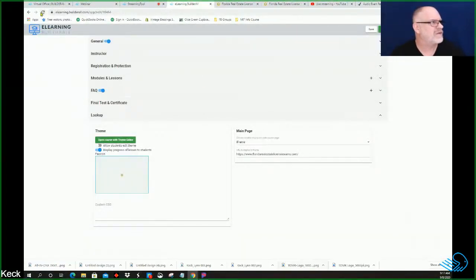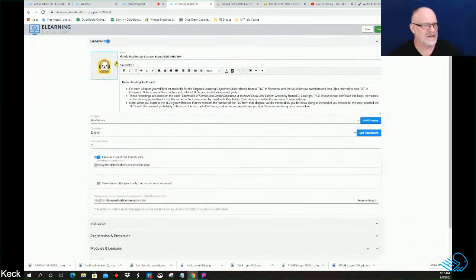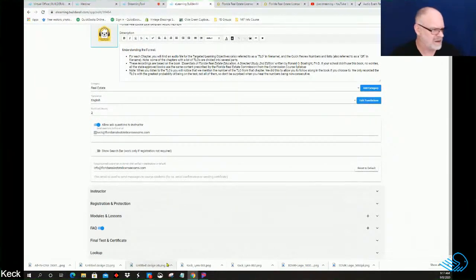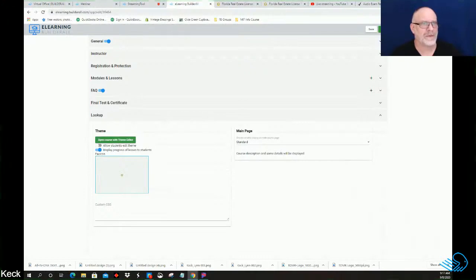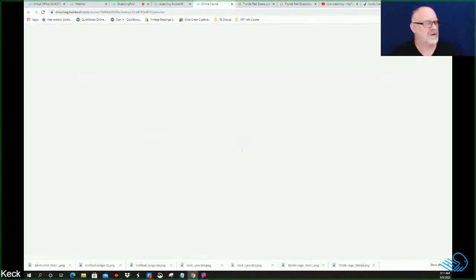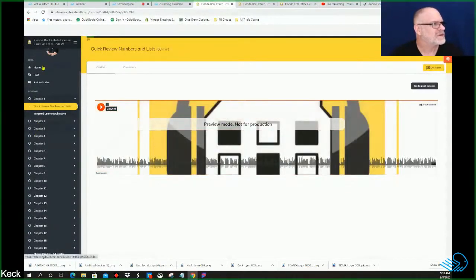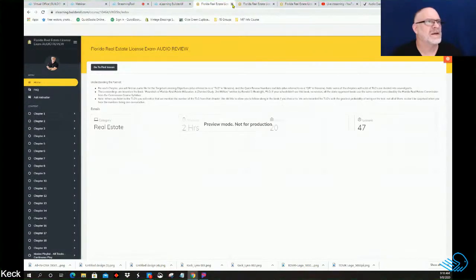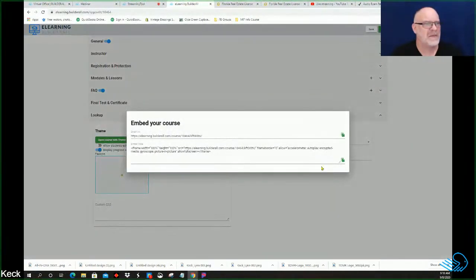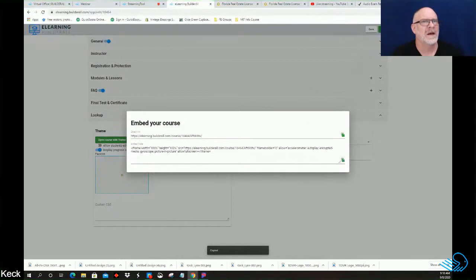Let me try to refresh, see if that helps us any. Now I'll go down here to look up, preview. Nope, still not seeing it. Okay, I'll try the embed, copy,